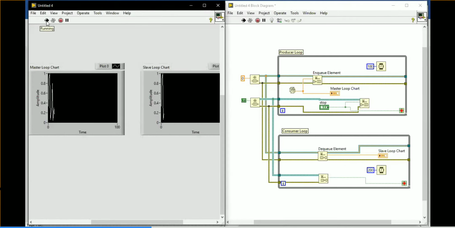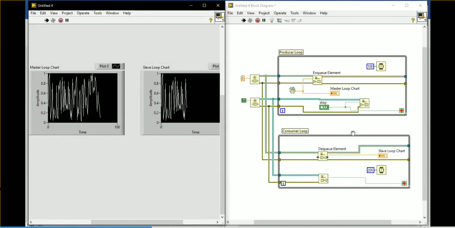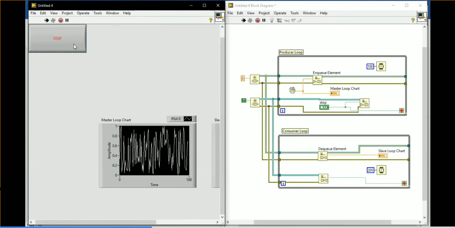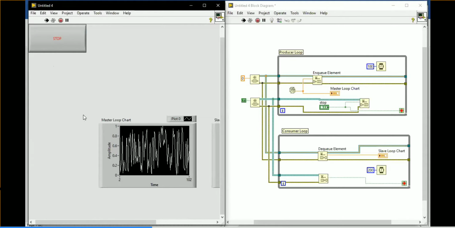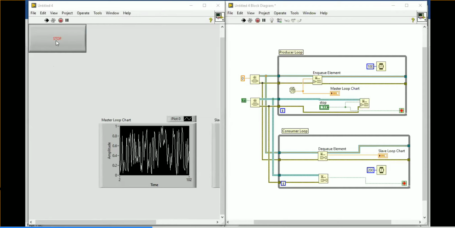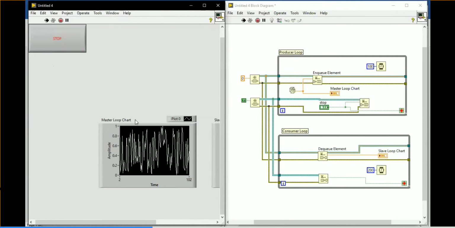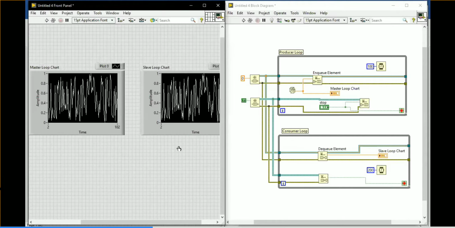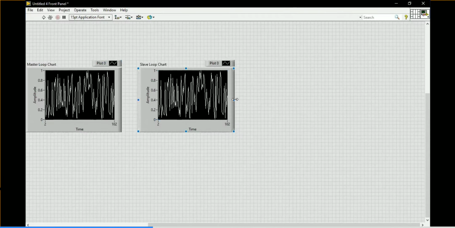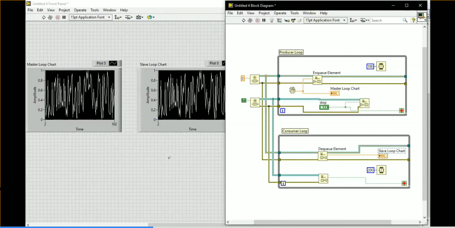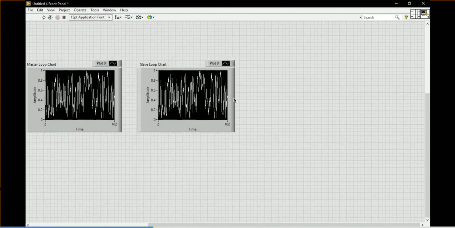If you run the VI, the same thing will happen, but you can see that all the values will be collected over there. All the values will be collected in the particular place. If you stop the program, the program is terminated. Okay, now see here, in this place all the values have been collected. I think more values are available here.